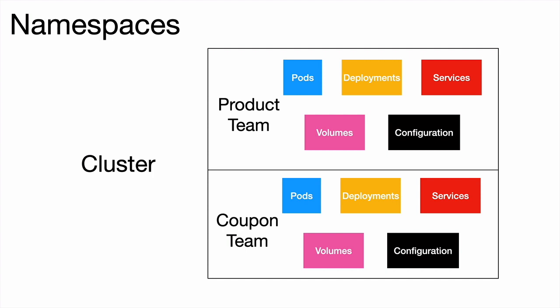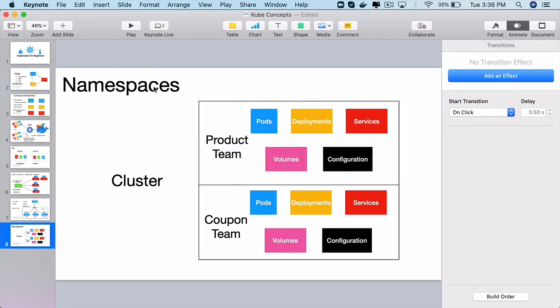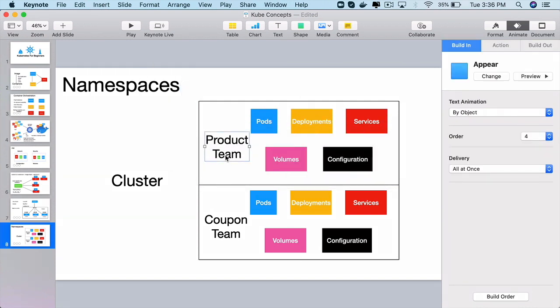They logically divide the cluster space for us, and each team will have their own namespace and their own resources that are allocated to this namespace, and they should stay within those resources. They can't use up the resources of another team because another team will have their own namespace as well. So it is simply dividing the cluster logically. The space we have will be allocated per team, or however you want to divide it. You can do that using a namespace. You create a product team namespace, give it to them. They will create their pods, deployments, services, volumes, etc. within that namespace. And the coupon team will do the same so that they will not touch each other's resources.